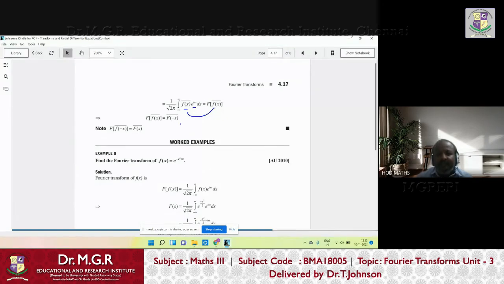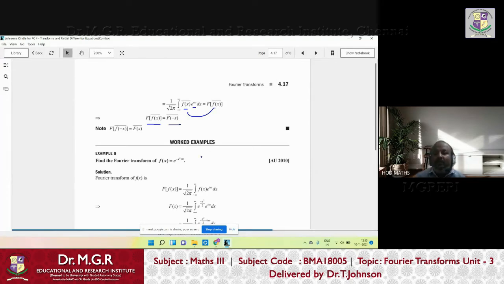this gives the relation between the Fourier transform of f of s, that is the complex conjugate of f of minus s, which equals the Fourier transform of the complex conjugate of the function f of x. Still, if you are not able to understand, no problem, you can at least try to write this. Whenever you come to the college, you can ask me, otherwise you can discuss with your friends about this.